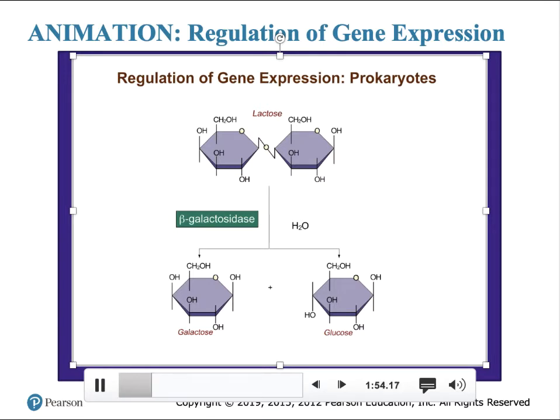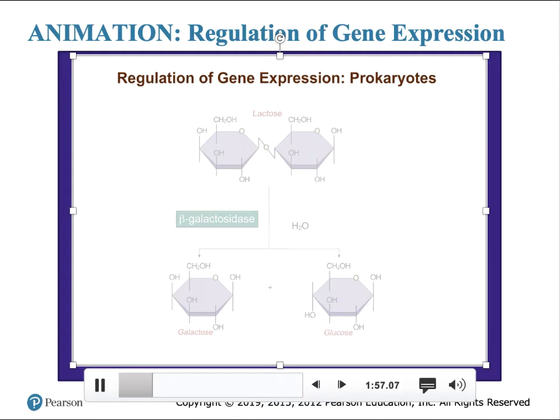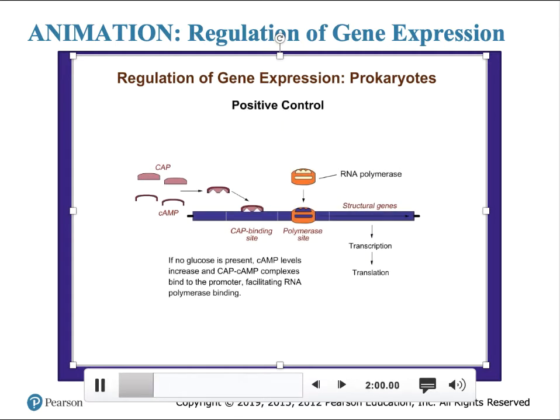What if a cell has ample lactose and glucose? It would not be efficient for the cell to be induced by lactose if glucose is already present. Another regulatory mechanism of Lac operon, called the catabolite activating protein, CAP, requires glucose to be absent for Lac operon expression. If glucose is present, the operon is not activated even when lactose is present. The operon cannot function well in the absence of bound CAP, and the presence of glucose prevents CAP binding. So, CAP exerts positive control over the Lac operon.